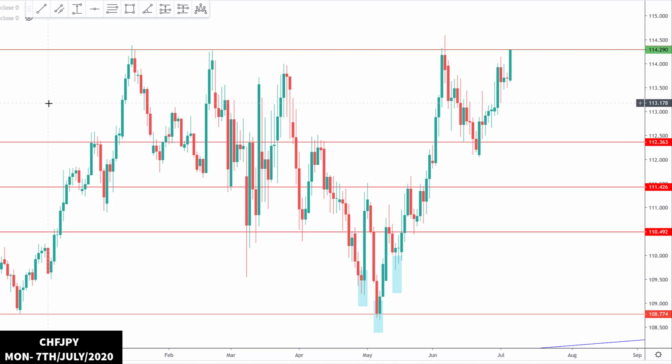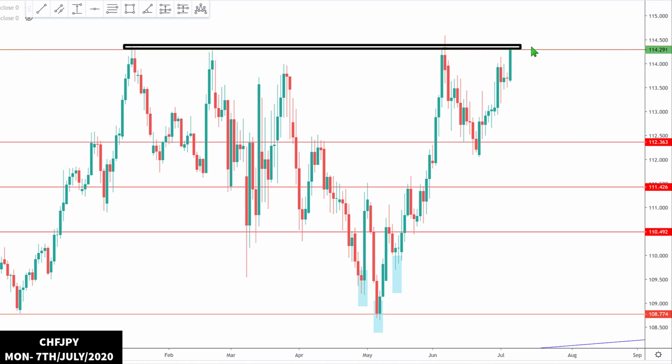Hello guys, I want to share with you what I can figure out going on the currency pair that is the Swiss franc against the Japanese yen. As you can see right here, price is currently in an aggressive bullish, upward rally, and we can see how price is retesting this key level structure, which acted at this zone. That is a price level of